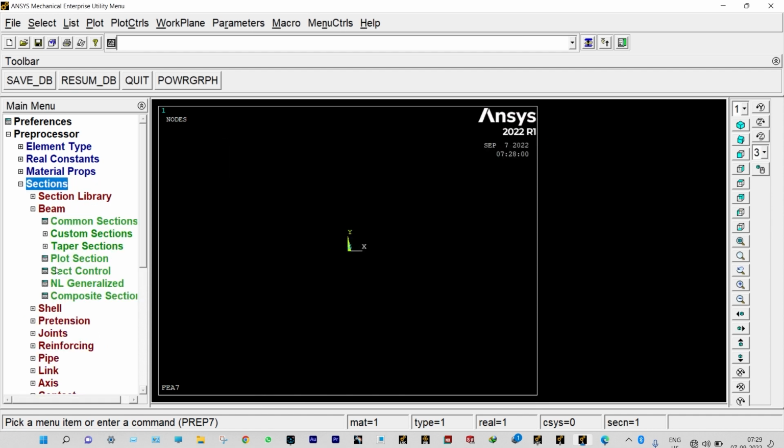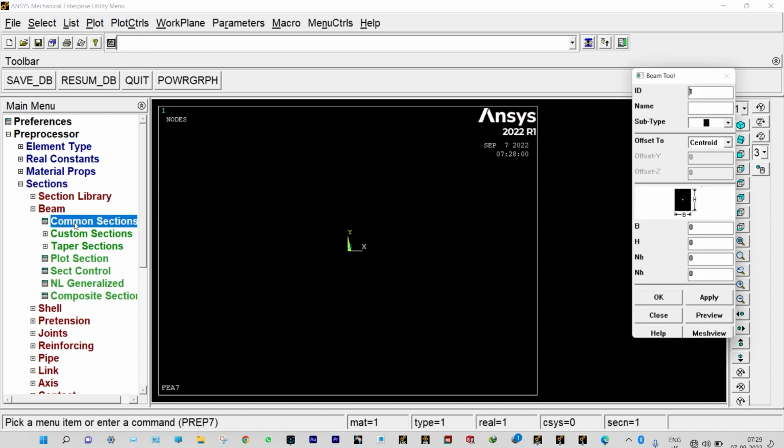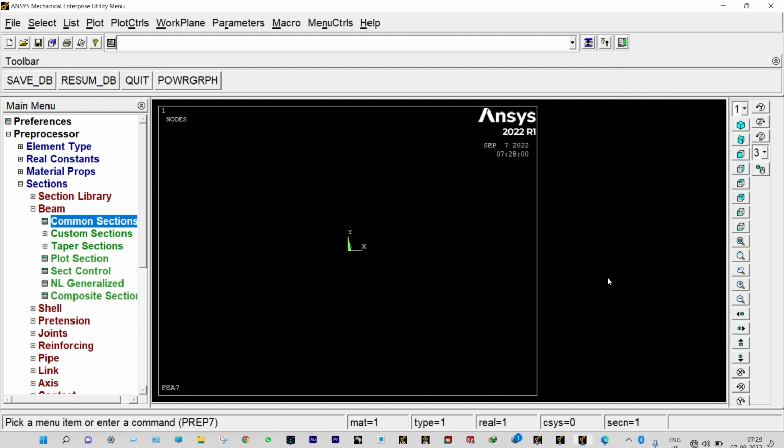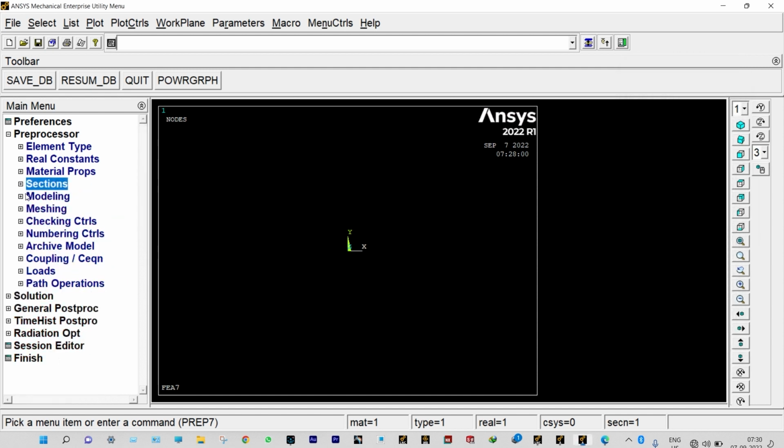Now sections, beam, common sections. It is a square cross section of breadth equal to 0.01 meter and height equal to 0.01 meter. So we are applying breadth equal to 0.01 meter and height also 0.01 meter. Okay, done. Next to that, we need to start our modeling,